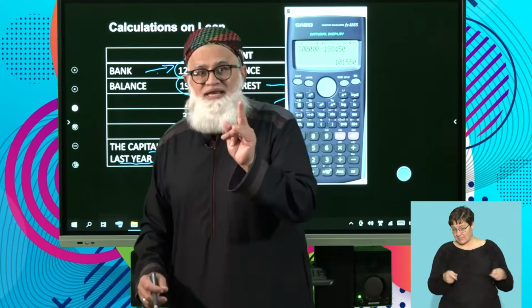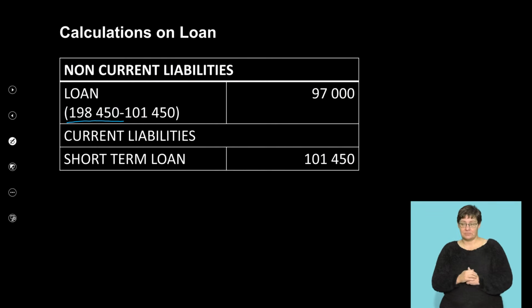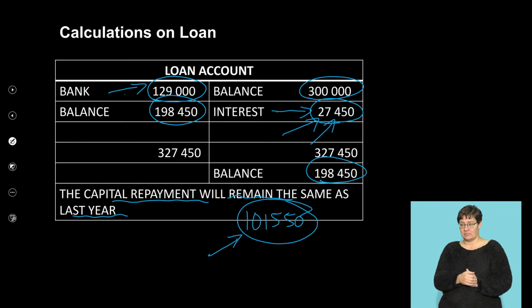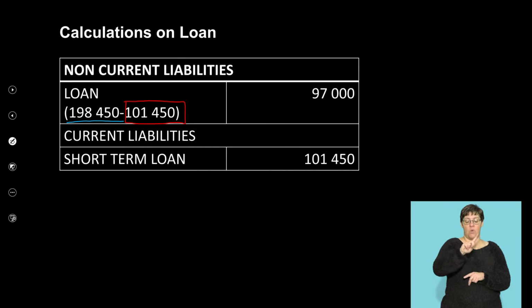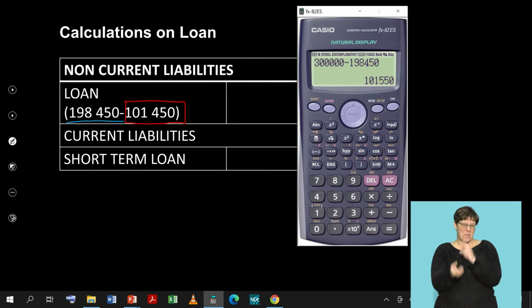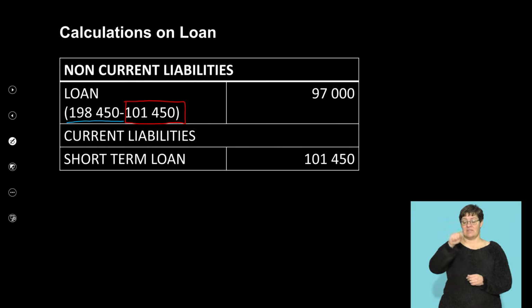Therefore, when it comes to my balance sheet, watch this here. It's 198,450, which was my closing balance. Once again, let's identify it so you can clearly see it. My closing balance of 198,450 minus the capital repayment, and I showed you how we got that figure. So obviously, it will be 198,450 minus 101,450. And there you have your figure of 97,000 Rand, which is your